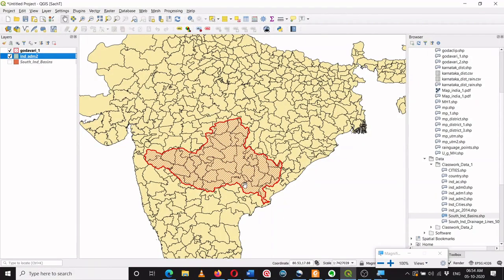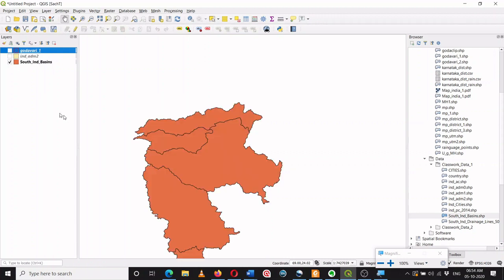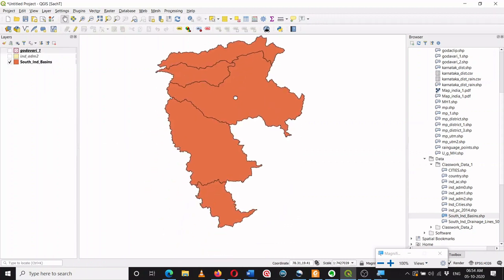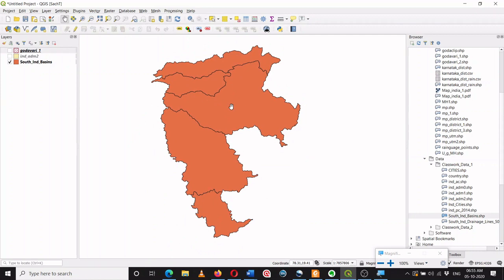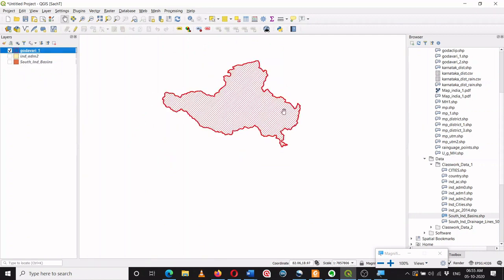Hi, in this video we will see geoprocessing tools, and one of them is the clip feature. Right now I have over here South India basins. So this is a shapefile. From this file I have extracted a shapefile, Godavari basin, and I have arranged symbology like this for a